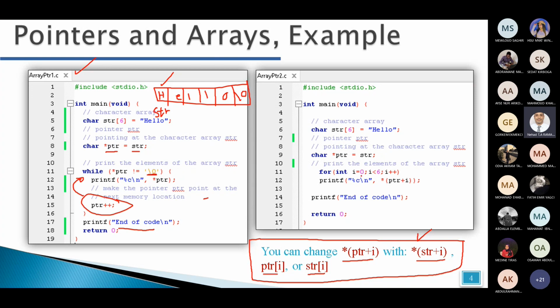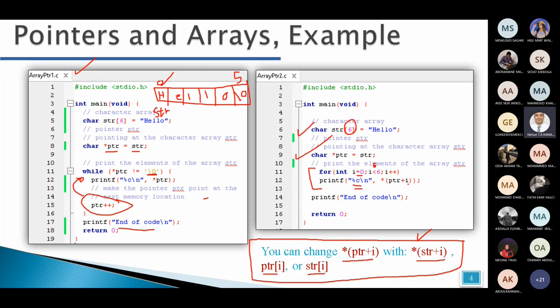So we use the index from 0 to 6, because we have 6 elements in the array. So same: create the array, make a pointer for the array, then a for loop. For the index 0 until less than 6, which means until 5,